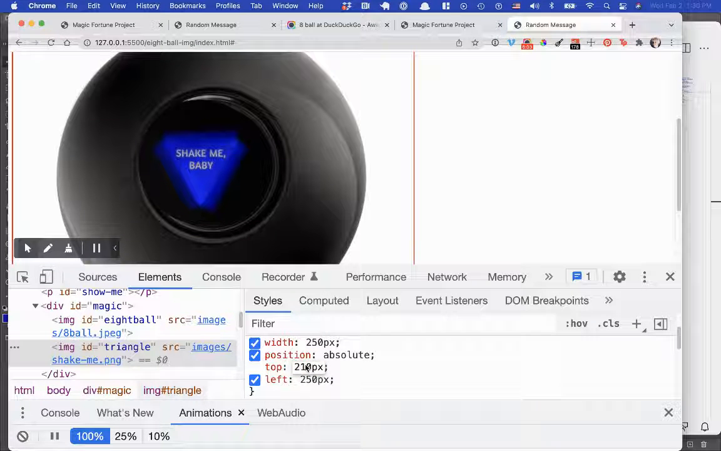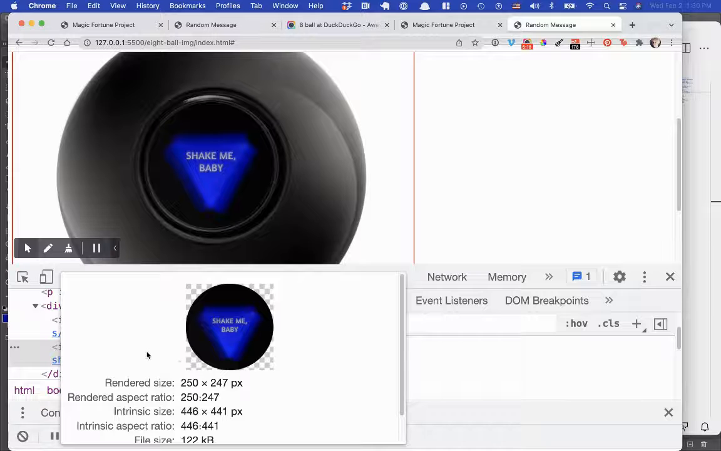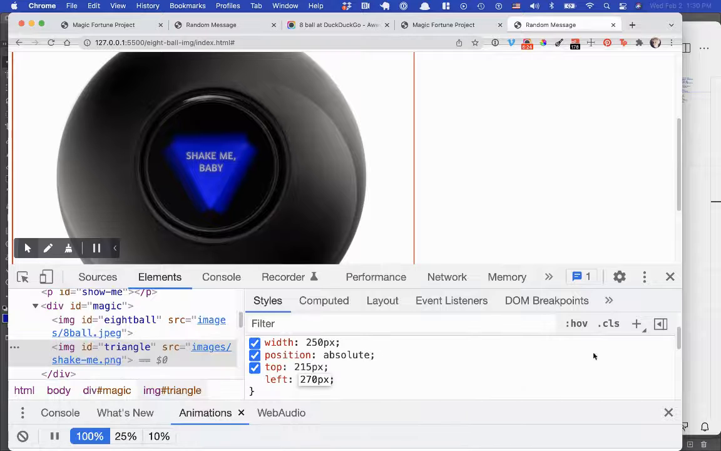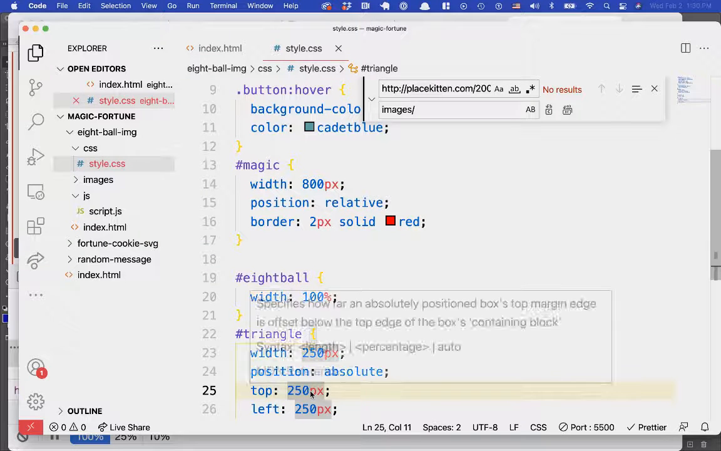Maybe a little bit lower. And then this one needs to go over more. 260, 270. 280 is too much. 270. Okay, 270 and 215 looks pretty good to me. So I'm just kind of over. Yeah, that looks about centered. Okay, 215, 270. Here we go. 215,